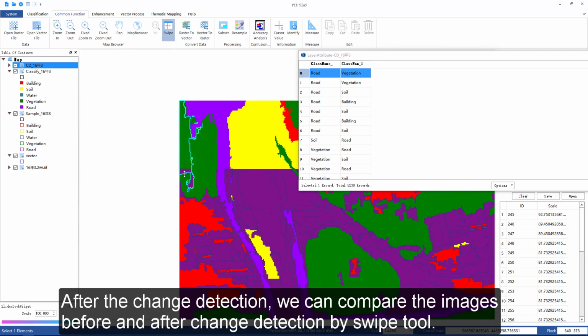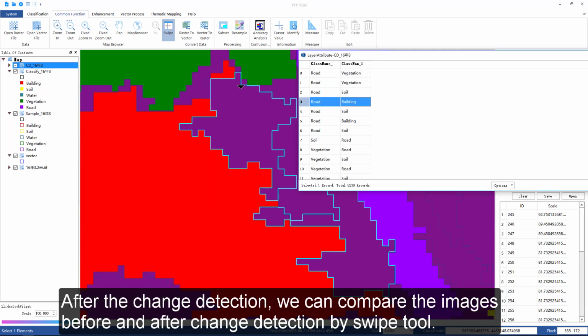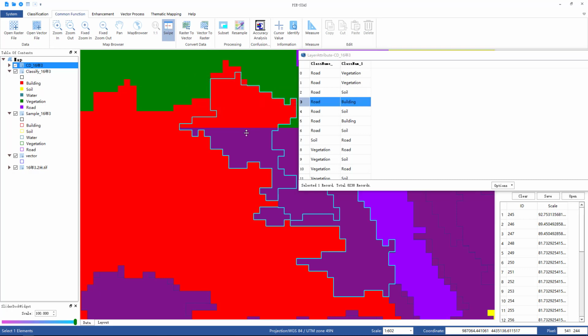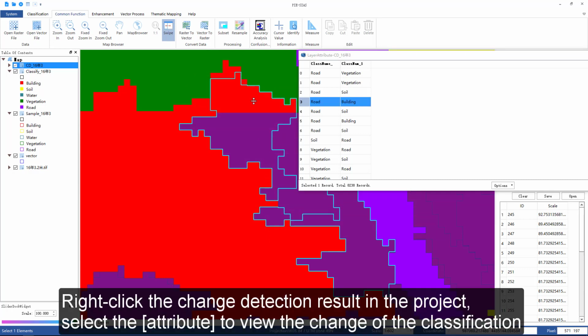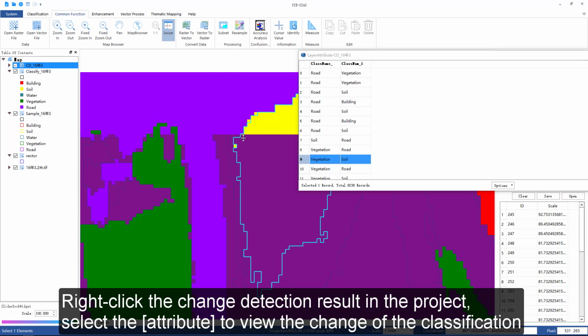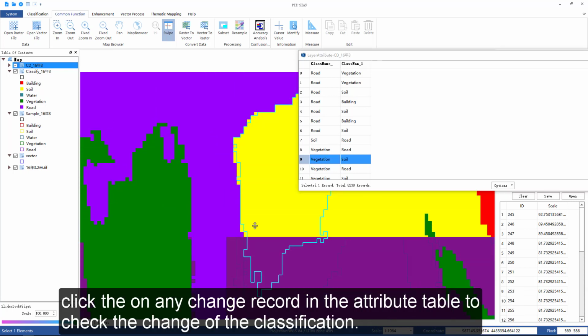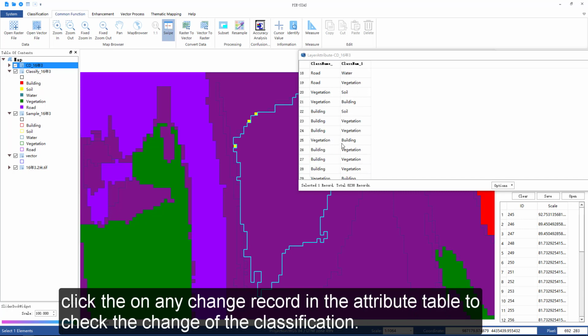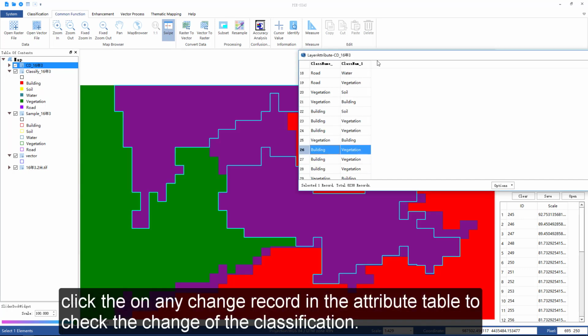After the change detection, we can compare the image before and after change detection by Swipe tool. Right-click the change detection result in the project. Select the attribute to view the change of the classification, and click on any change record in the attribute table to check the change of the